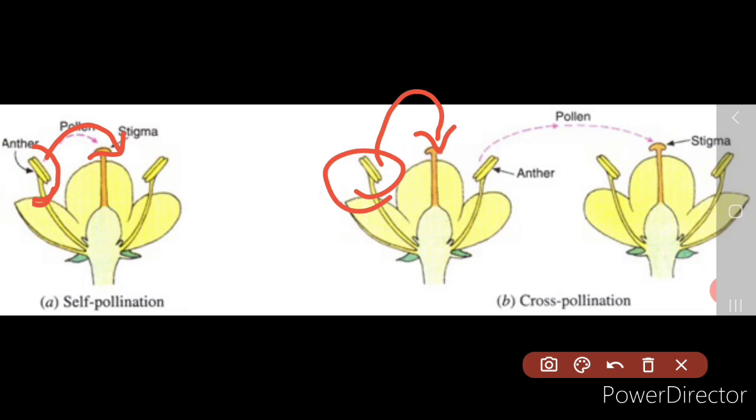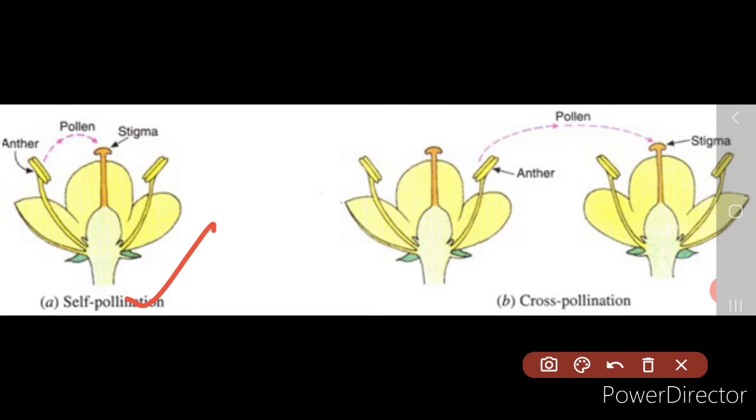Now what is the importance of pollination? Because it results in the fertilization and it leads to the formation of the fruits and the seeds, which is very, very important, isn't it, for the reproduction process. Next, new varieties of plants are formed through new combinations, especially in cross pollination. So pollination is very, very important. And there are two types of pollination. One is self-pollination, the other one is cross-pollination.